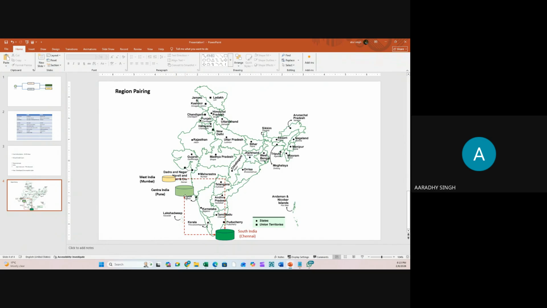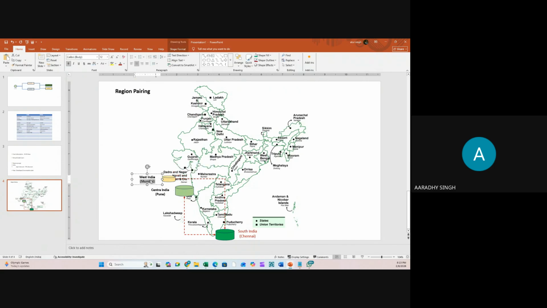Mumbai, Pune to Chennai, Chennai to Pune. But here, Mumbai data backup will be maintained in Chennai. Chennai will not be maintained in Mumbai. Why? Suppose Microsoft maintained the backup here, then because of a war situation, or earthquake, or any other reason, there may be a chance that both regions will be impacted. To avoid such an impact, Microsoft recommends that if you maintain any data, by default its backup will be available in South India, not in Pune.